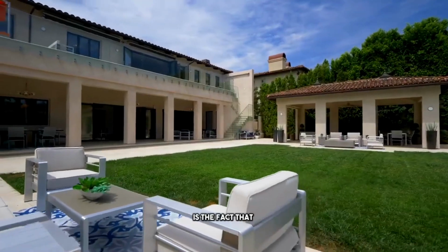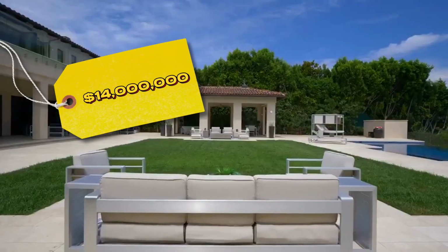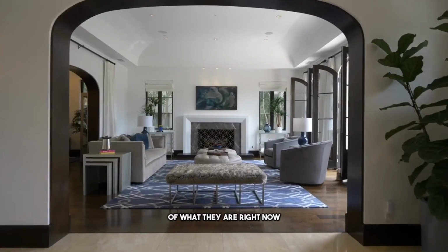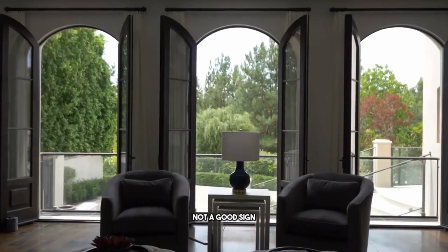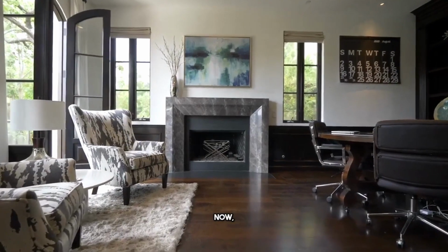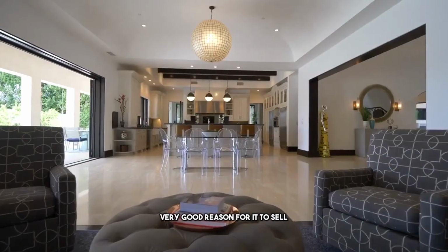Number 3 is the fact that this property sold not too long ago for $14 million, and that was when the rates were less than 2.5 of what they are right now. And that's just not a good sign, because I can tell you from experience, most really good homes don't switch hands. Now, I'm not saying this is it. There could be a very good reason for it to sell,